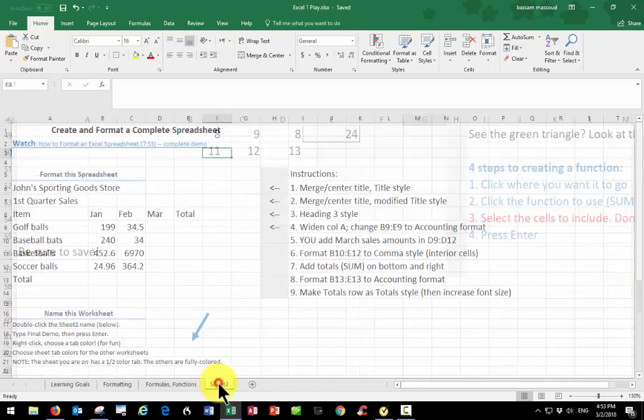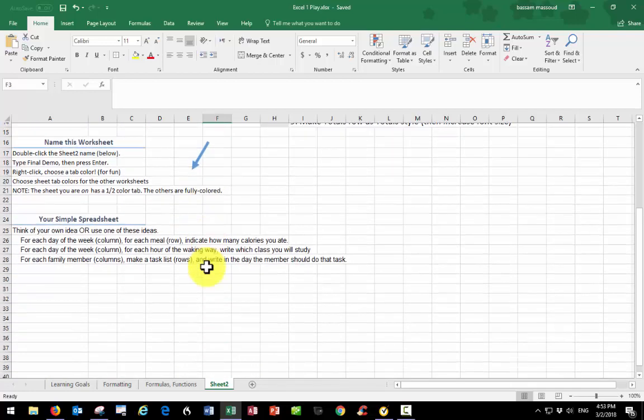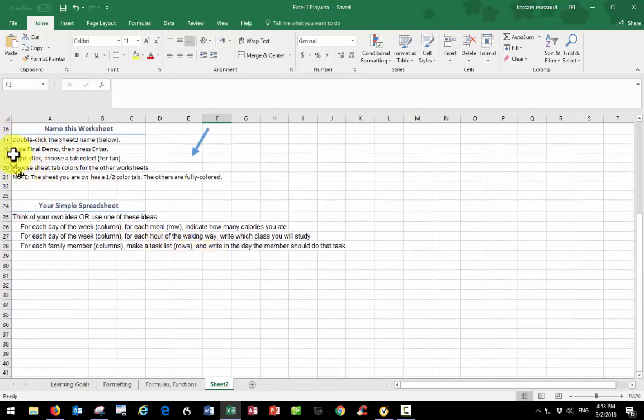Now let's go over and look at sheet 2. And in sheet 2, I have a separate video, so I didn't do this for you. I told you what to do here. And here's a video about how to do a whole spreadsheet, just in case you need some help. And then down here are some extra instructions on how to rename your worksheet